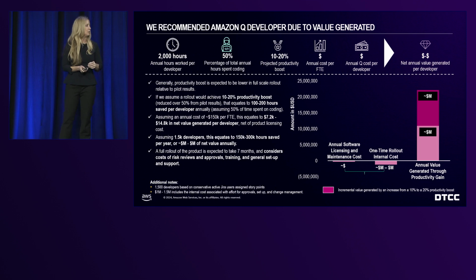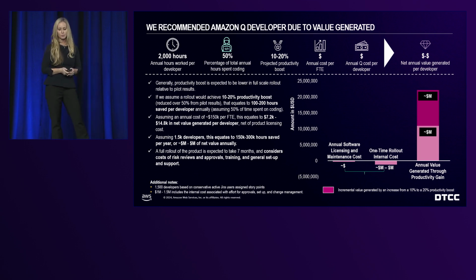So then, what was the next thing that we needed to do? We needed to show real ROI. And that ROI was based on the data that we found. To do this, we made a few assumptions, and we made sure that it was a conservative set of assumptions. Out of approximately 2,000 hours worked per developer, we assumed approximately 50% of the time developers are coding. And conservatively, we estimated a 10 to 20% productivity boost versus the 40% that we saw in the pilot